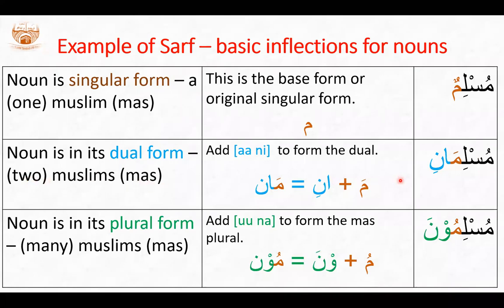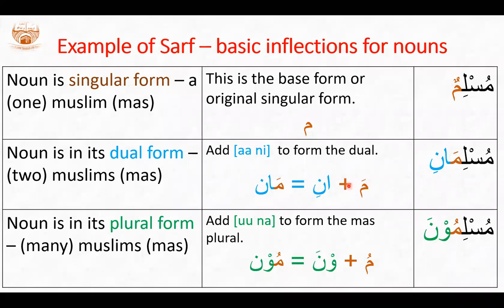So therefore, we are learning a pattern. Isn't that so? If we take a noun and add ani to it, that noun automatically gives the meaning of two. Let's try it. You all learned about book. What is book in Arabic? Kitabun. So it ends with a ba. What should we do then to form the dual? Take off the tanwin and add ani to it. So kitabun becomes kitabani. And how many books would we get? Two books.